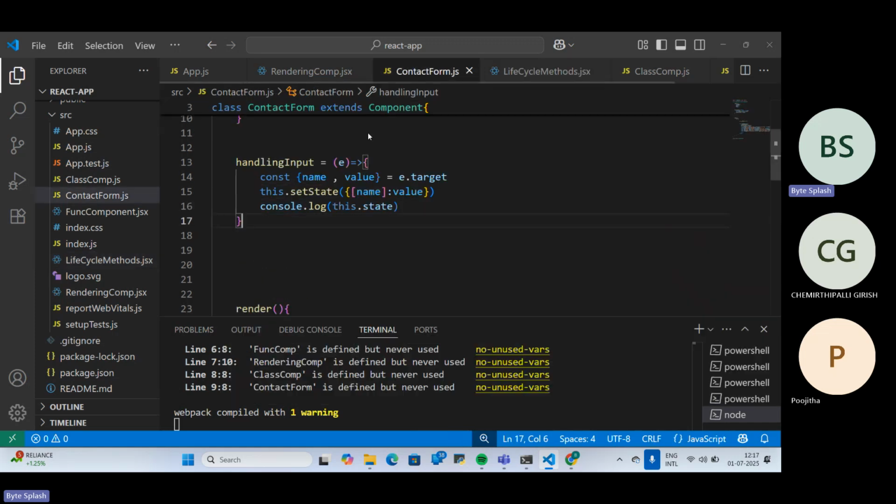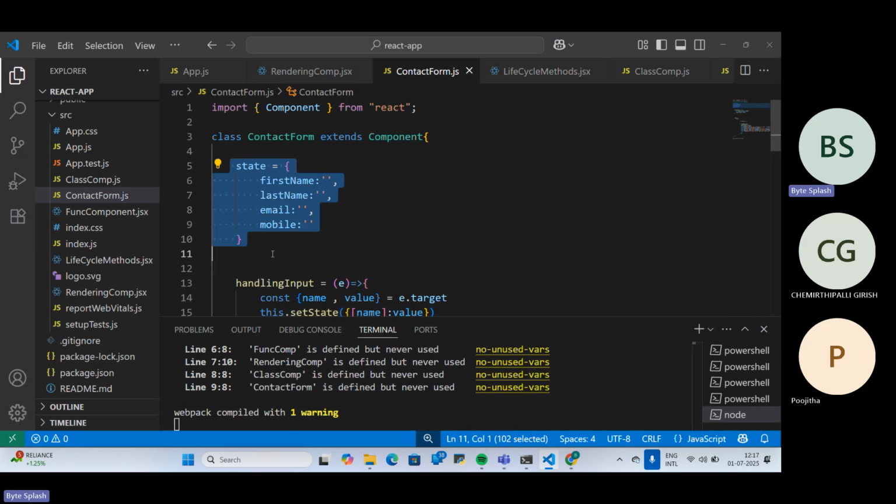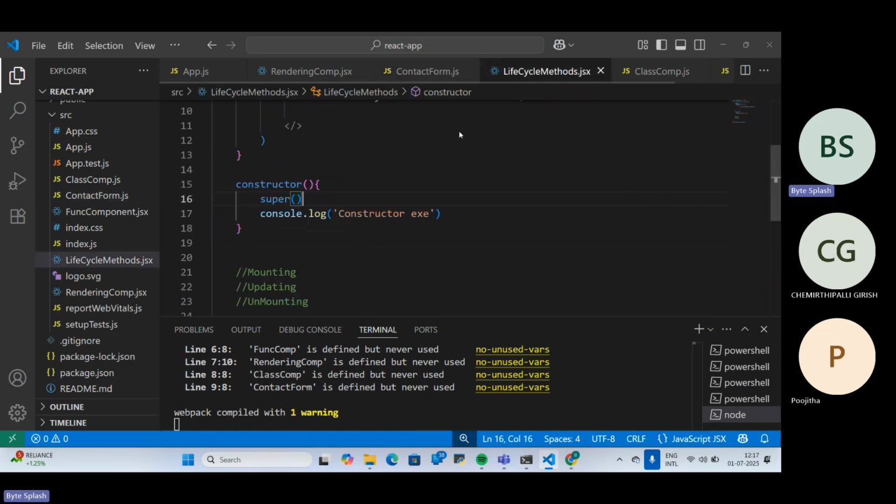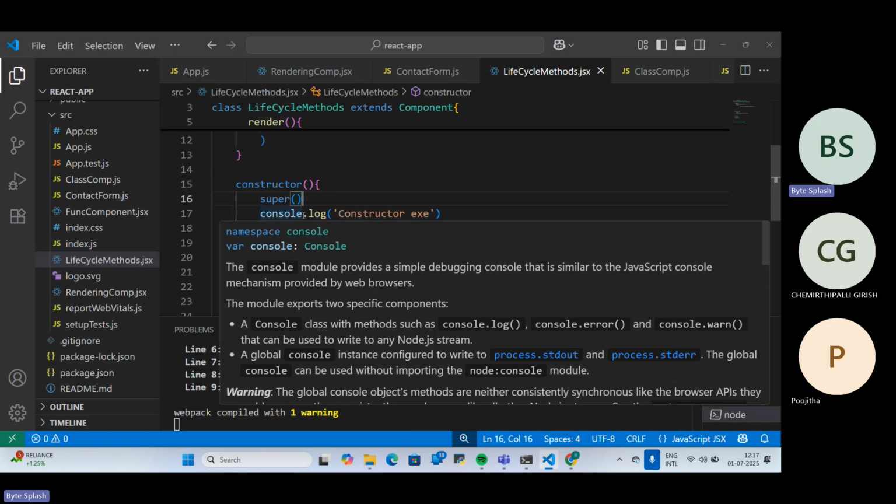I have the same thing here. I have not created any constructor here. State equal to object. If you are mentioning it inside the constructor, you need to mention this dot state to overcome that particular